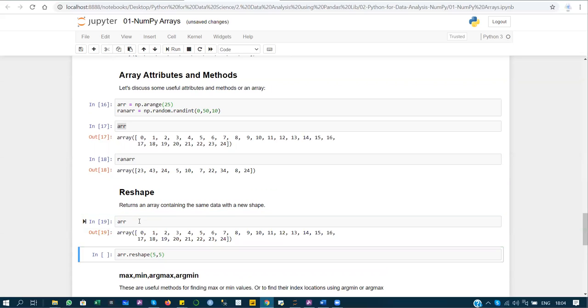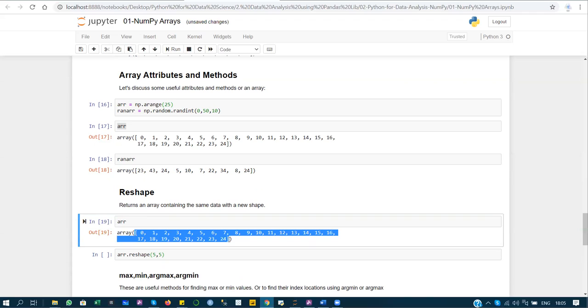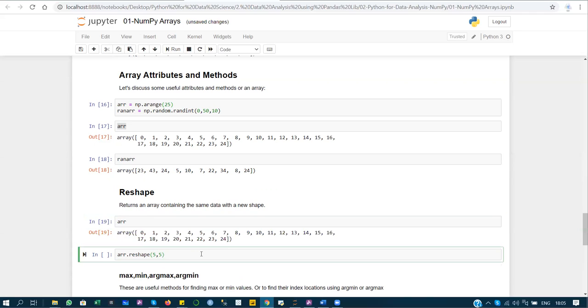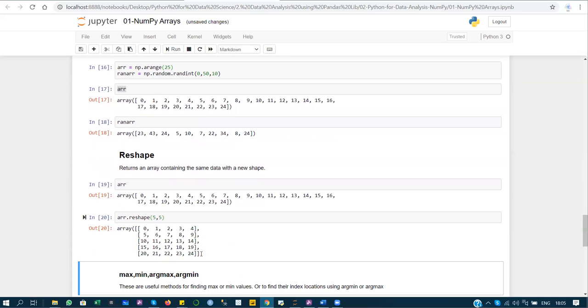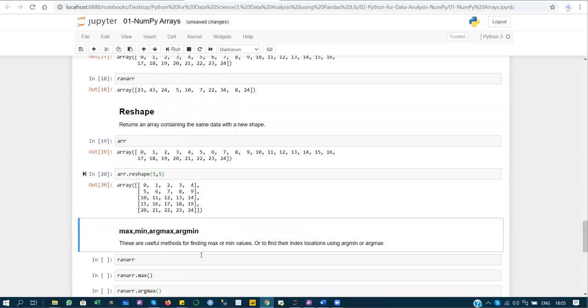So we can reshape a vector into a matrix or a matrix into a vector. Here I have created a vector whose length is equal to 25. Now I'm going to convert this vector into a 5 cross 5 matrix. So with the help of the reshape function, we can reshape our vector or matrix in any form.